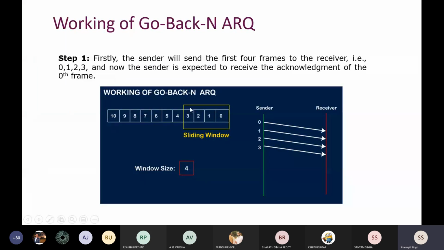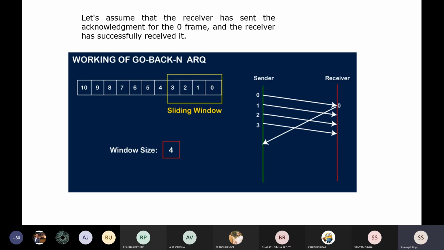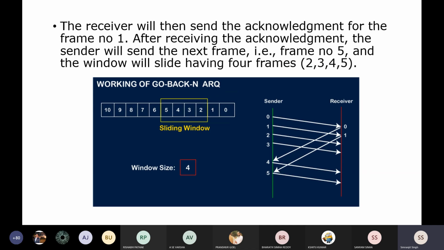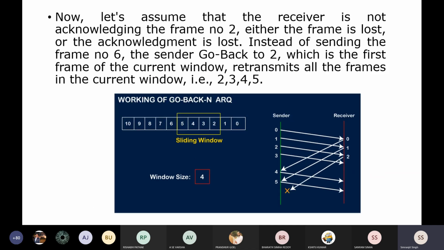Now it is sending 1, 2, 3, 4 packets. You will see in this slide, the sender must send the first 4 packets to the receiver, and it gets the acknowledgement back. So window size is 4, and this example uses go back n. When it gets the acknowledgement, the window slides. Now 0th is received, so it will send the next packet. Now the 4th packet is transmitted and the 5th packet is transmitted.